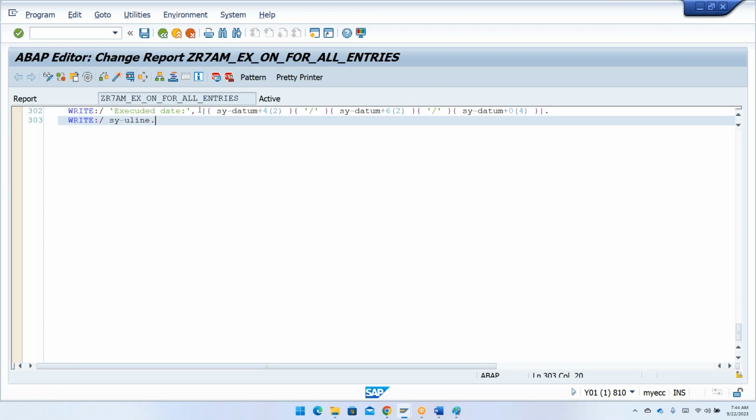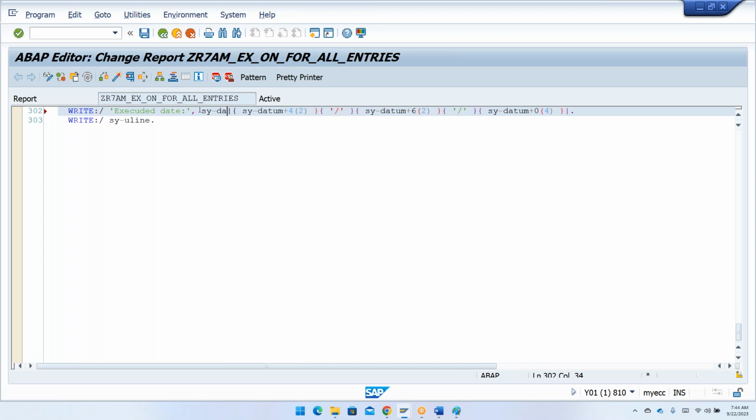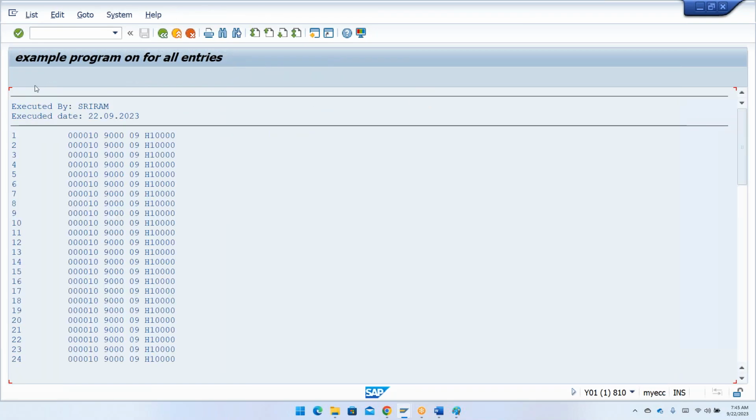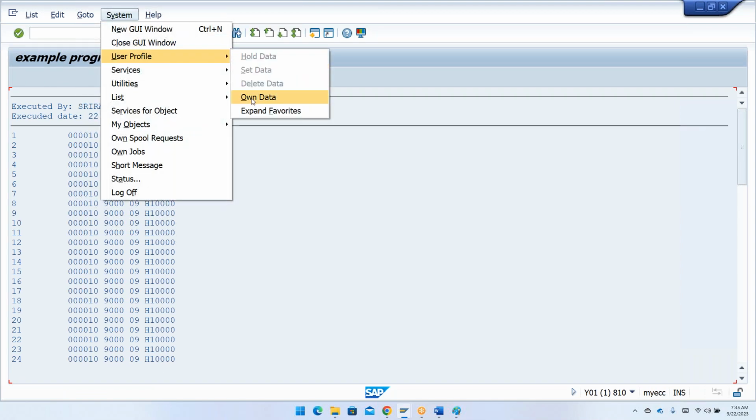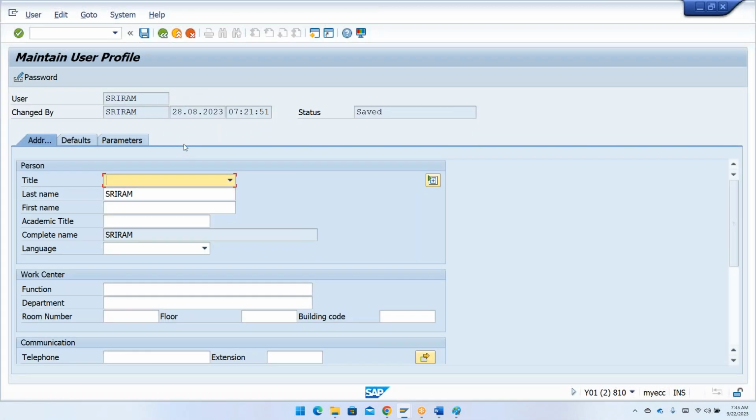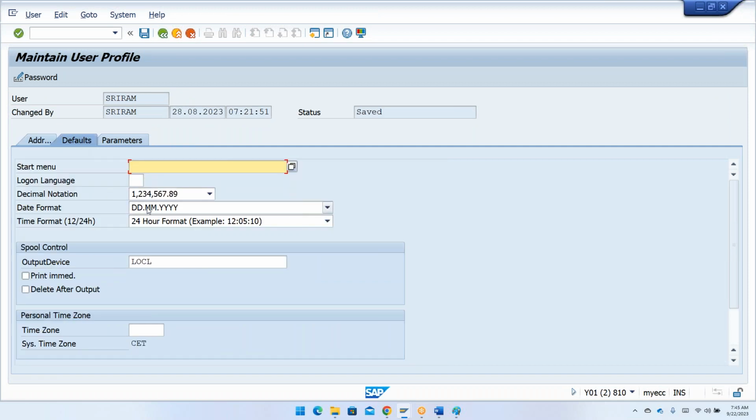If I had said just side datum instead of this, it would be showing you that in this output. See here, this output I have mentioned in my profile. If I go to my own data, now if you see here in the defaults, it will be